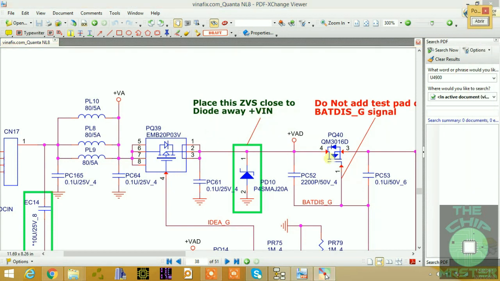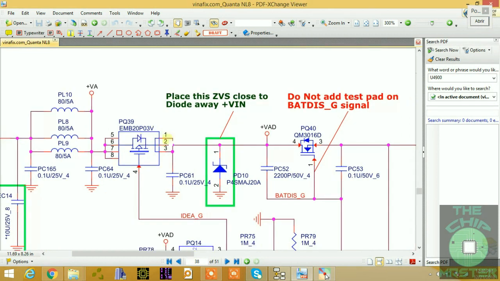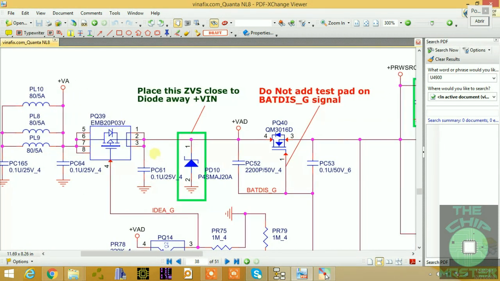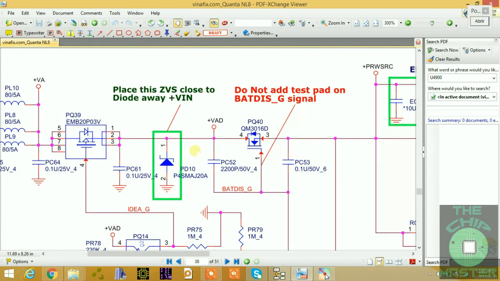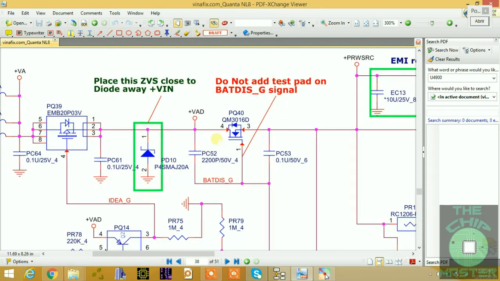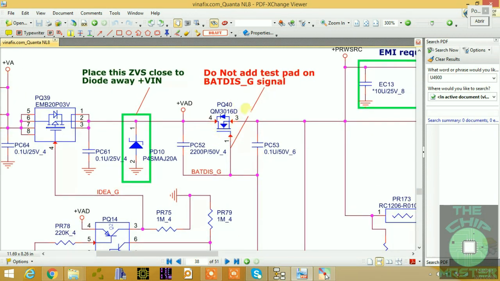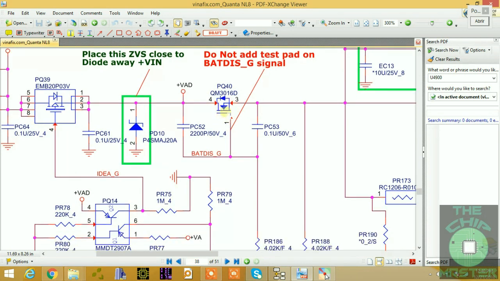Okay, so after coming through this MOSFET, this is a PNP MOSFET, right? It's coming through a diode, as you can see. This is a diode, right? And after coming through the diode, it is producing plus VAD. Now after coming to plus VAD, this is another MOSFET. This is an N-channel MOSFET, as you can see the arrow is pointing to the gate, and this is your